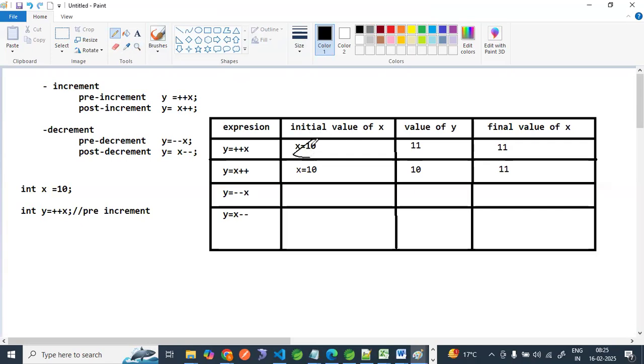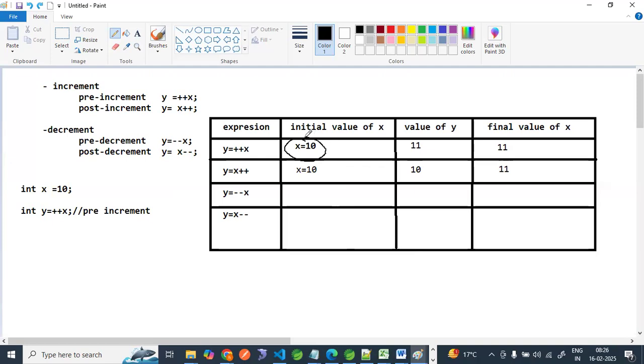We are taking x equal to 10. Fine. So whenever we are taking x equal to 10, what is